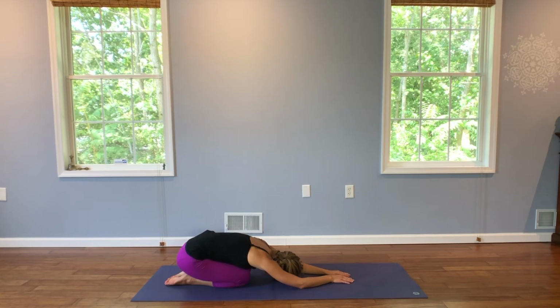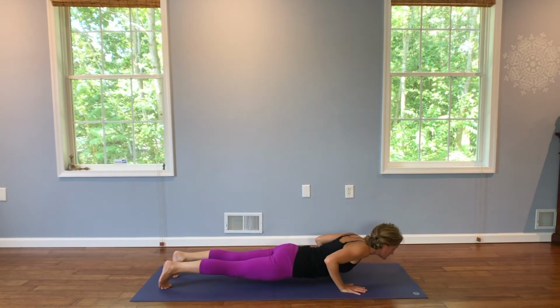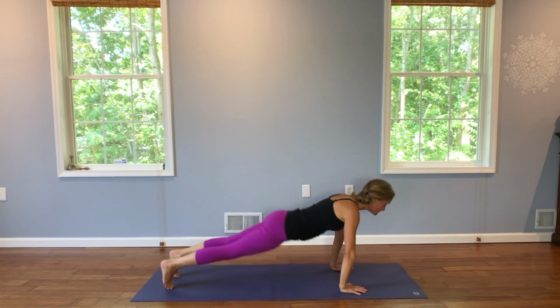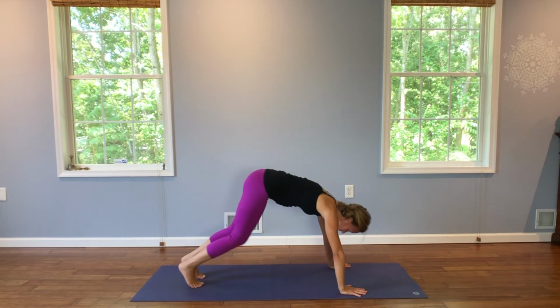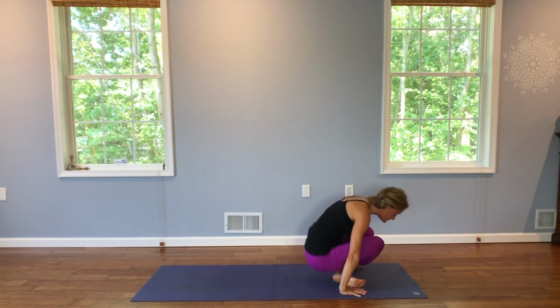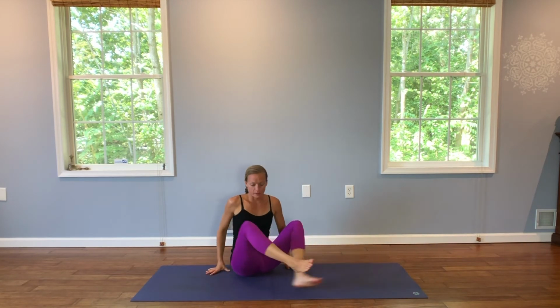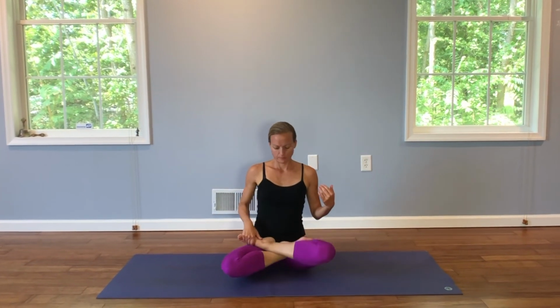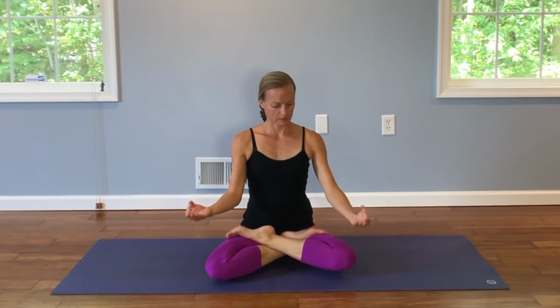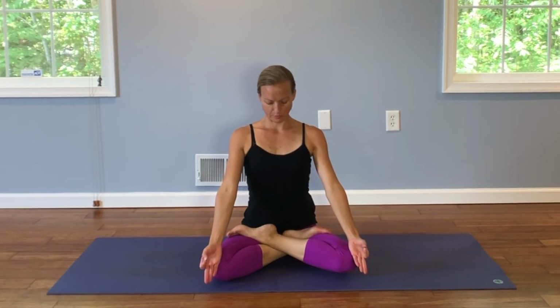Come back to center, back into a vinyasa. Step or hop through to sit down. And before we finish up, we're going to come into Jnana Mudra. Take your legs in lotus or half lotus. Take your pointer and thumb to connect, other 3 fingers straight, shoulders back, lift your heart, pull in your belly,